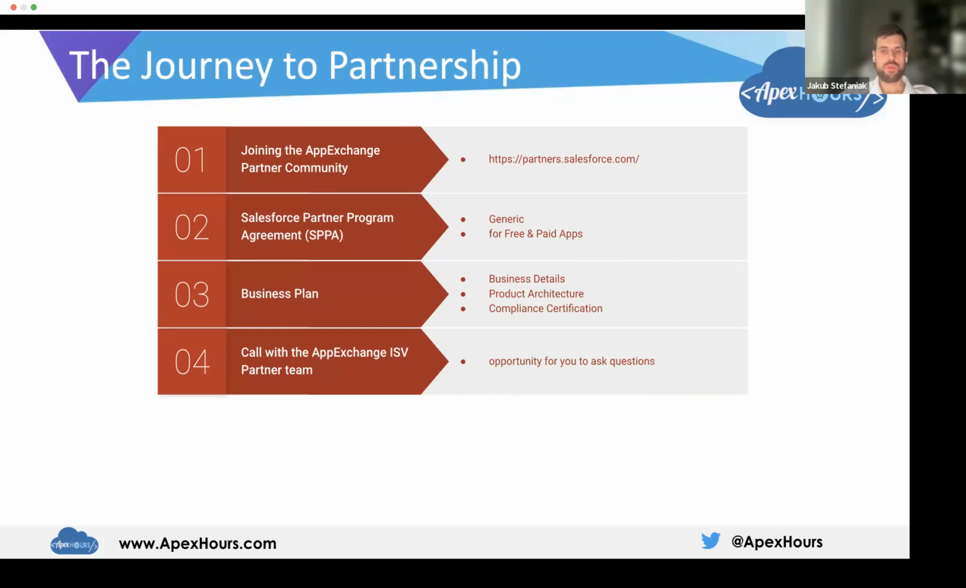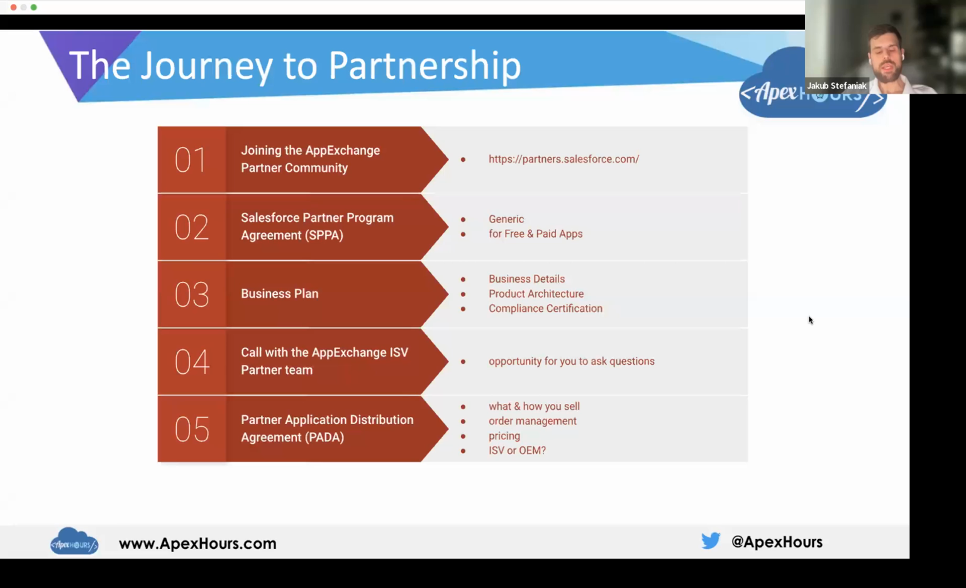And for you, it's mostly an opportunity to ask questions. So if you are a new ISV partner and you have any doubts, something is not clear for you, it's a good opportunity to speak with real people and bring these concerns. And then the last moment before you will be able to publish the app,